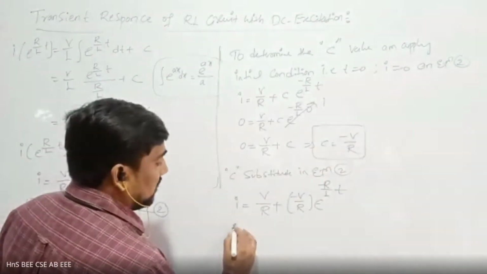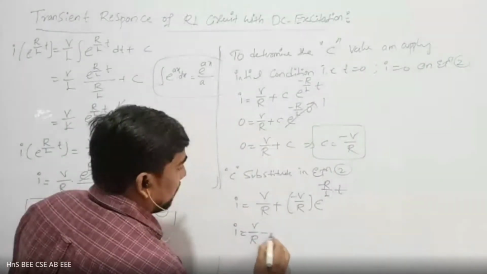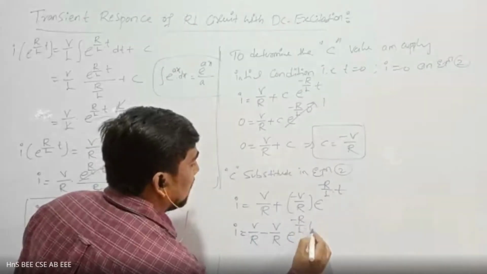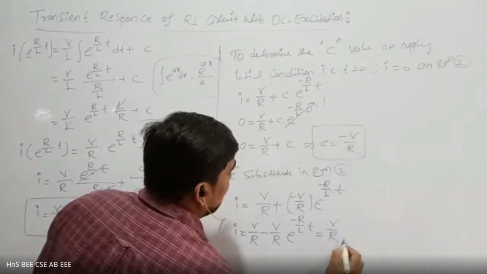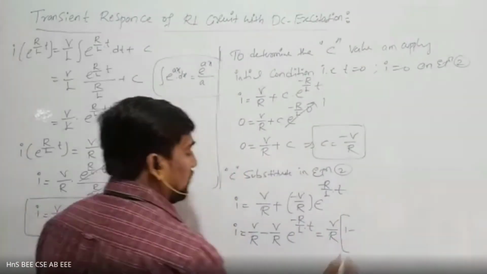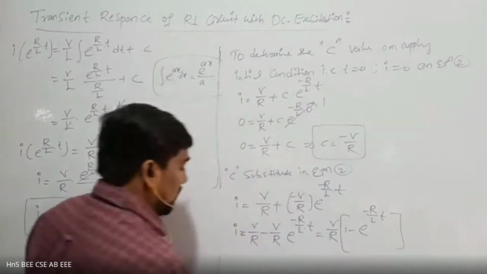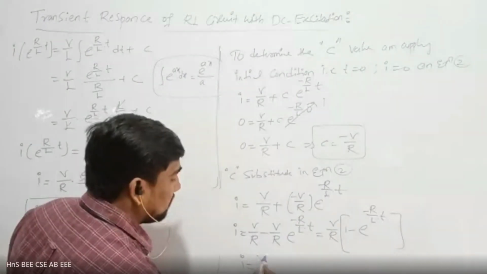Now from this equation, we get v by r minus v by r exponential of minus r by l into t, that is equal to v by r common in two terms, then we can get 1 minus exponential of minus r by l into t. The final equation is